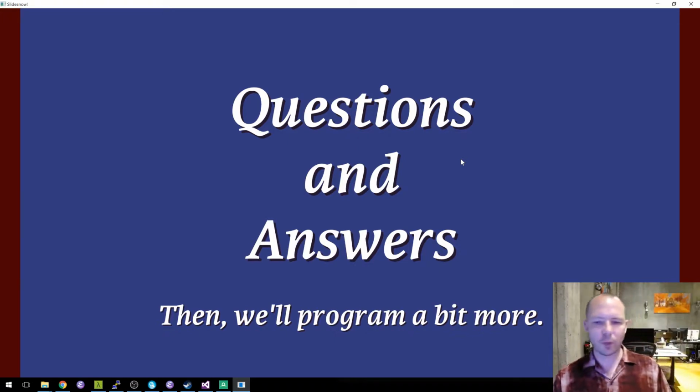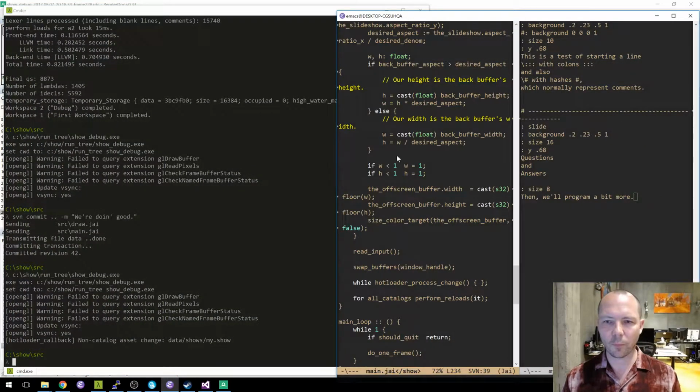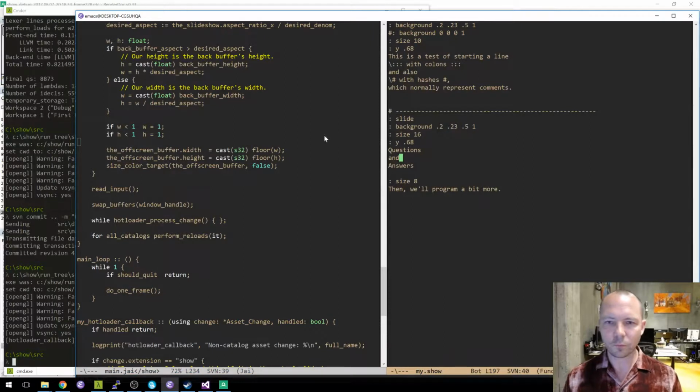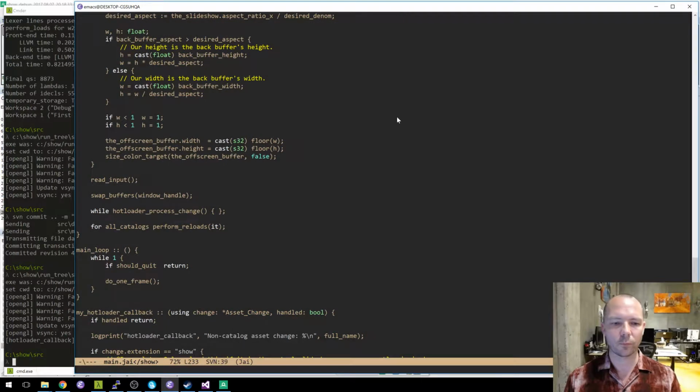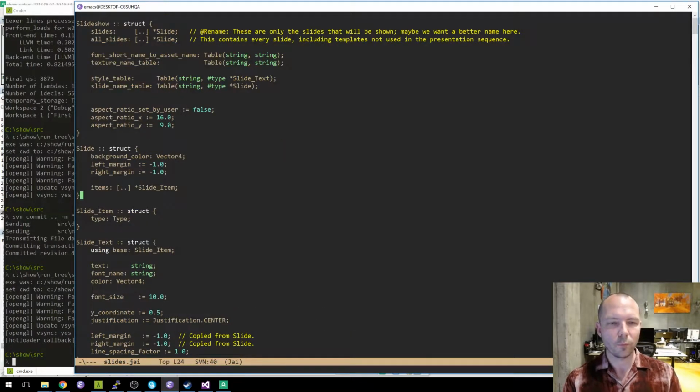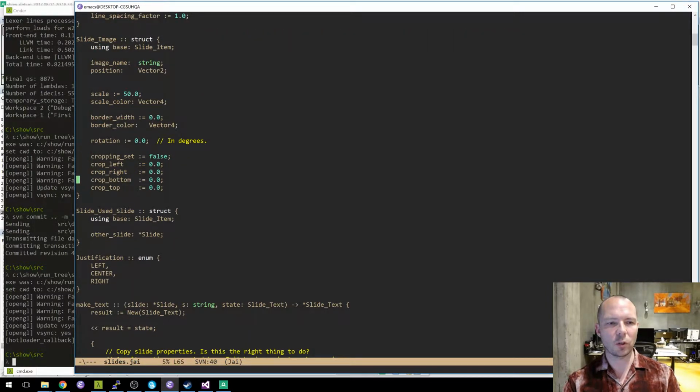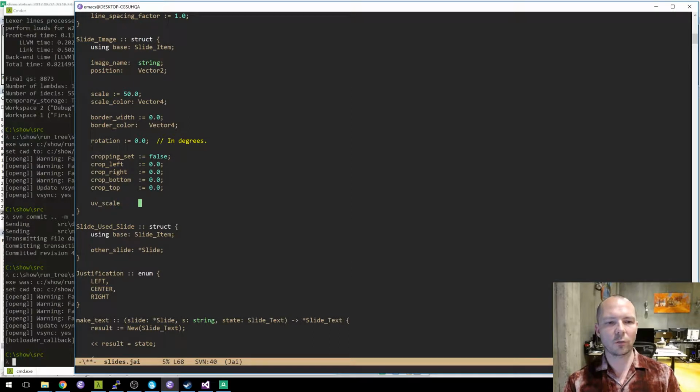All right, well, let's do tiling. Since it was asked for, we'll make a thing called tile on image. I'll call it U scale and V scale because we might have a U offset and a V offset as well. So on slide image, UV scale.